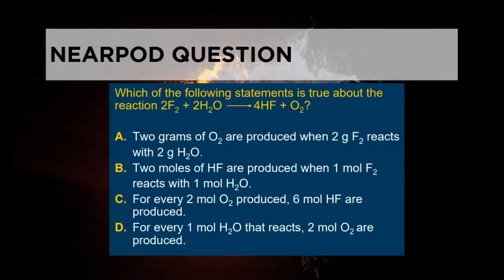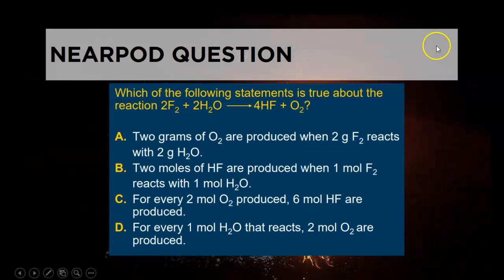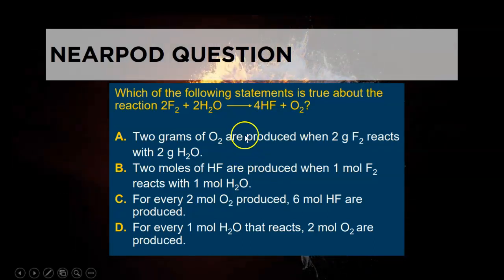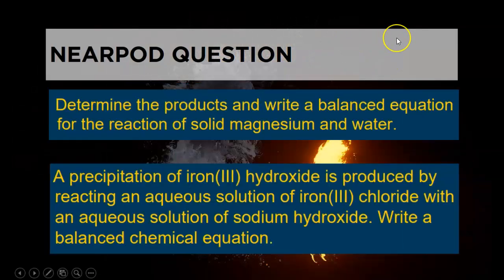And this is another important one, looking at what statements are true in terms of grams, moles, and molecules. And then finally we have a determine the products and write a balanced equation for the chemical reaction of solid magnesium and water. We have precipitation of iron 3 hydroxide is produced by reacting an aqueous solution of iron 3 chloride with an aqueous solution of sodium hydroxide. Write a balanced chemical equation. So if you want to try those,